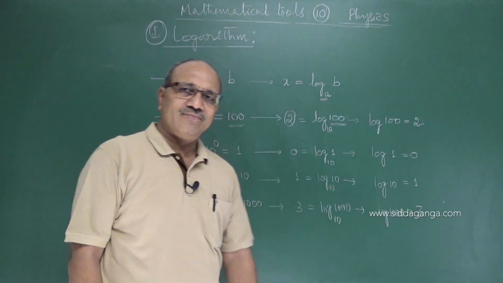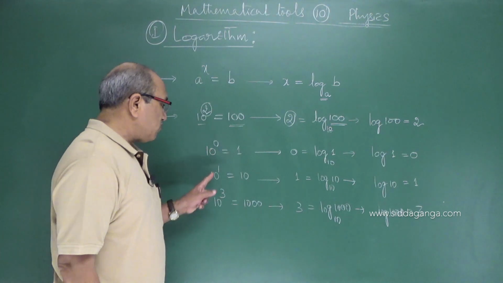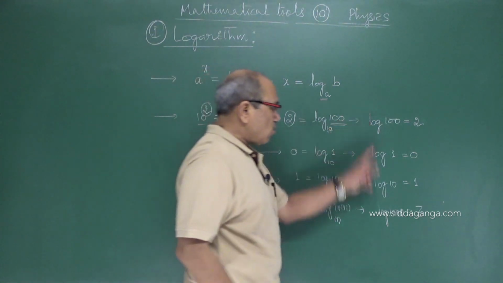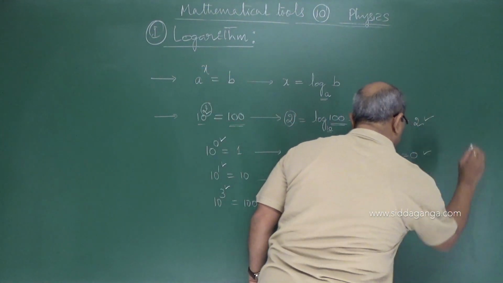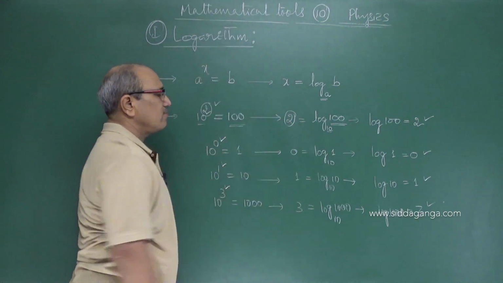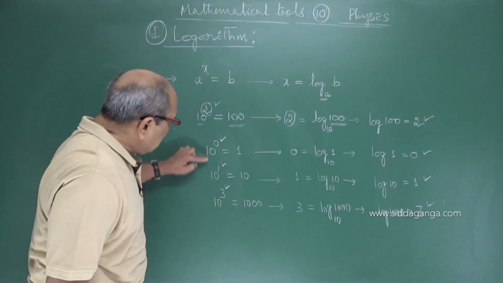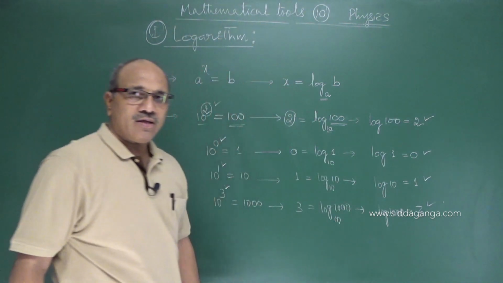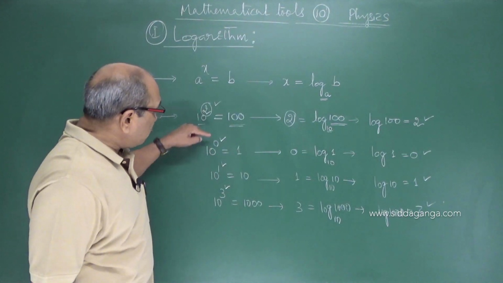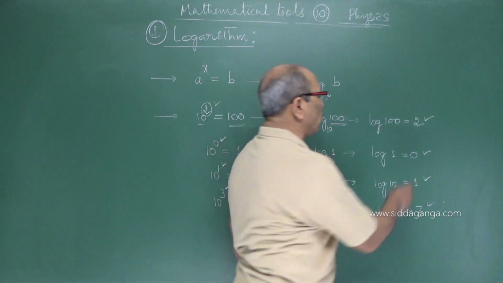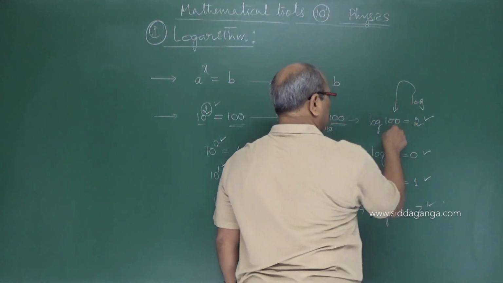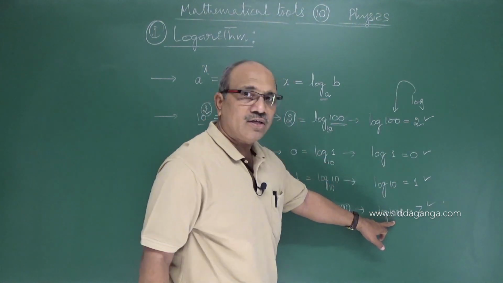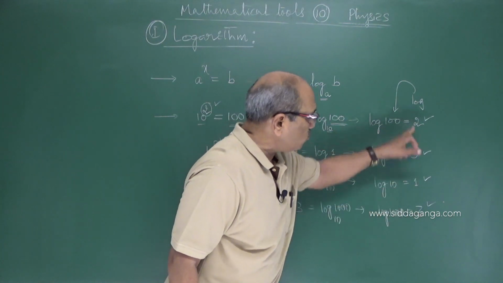Actually, what did I do? I expressed the powers of 10 as the log of those values. Go through this. This 10 is the base of the log which I selected, the base is 10. Power of 10, power of 10. I am calling that the log of these numbers which I am taking here: log of 100, log of 1, log of 10, log of 1000. What I am saying is 2, 0, 1, 3.